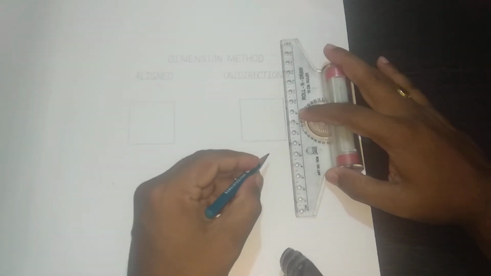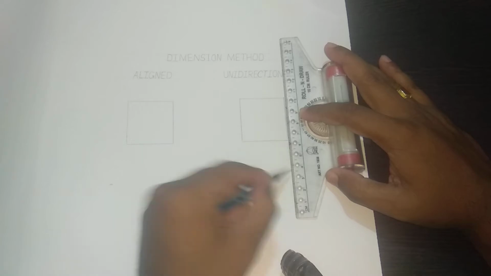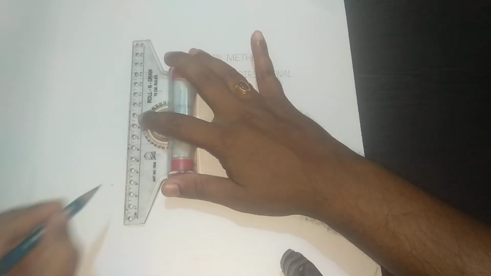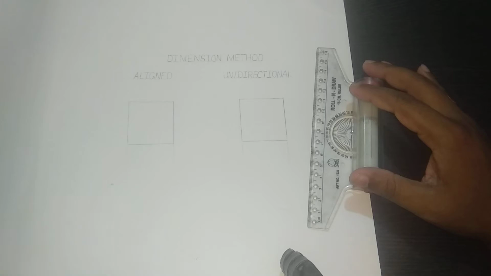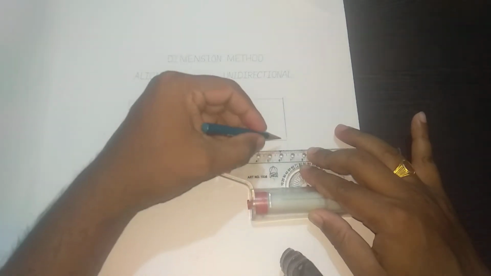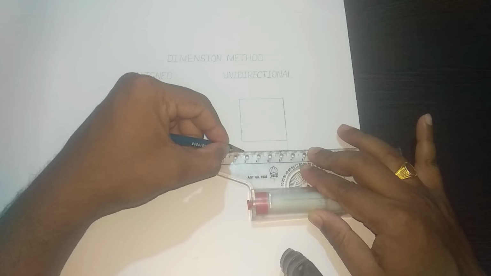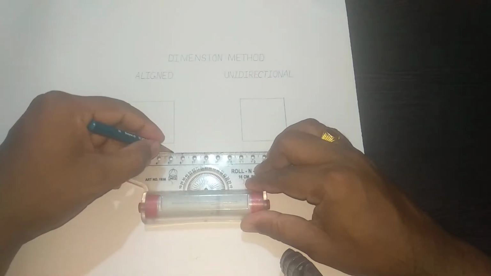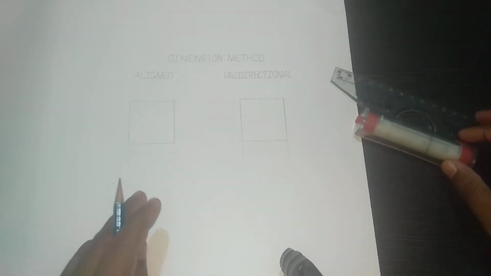Okay, so now first of all I will draw the extension lines. These are the different types of lines: extension line, leader line, and what we call a dimension line. There are different types of lines: continuous thin line, continuous thick line. That part will be different, and on that I have made one video, so I will upload it very soon. Our main objective in this video is that we have to give the dimension. So this is how we have to draw the extension lines.